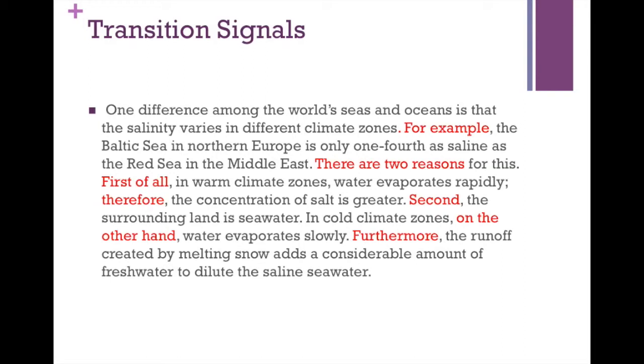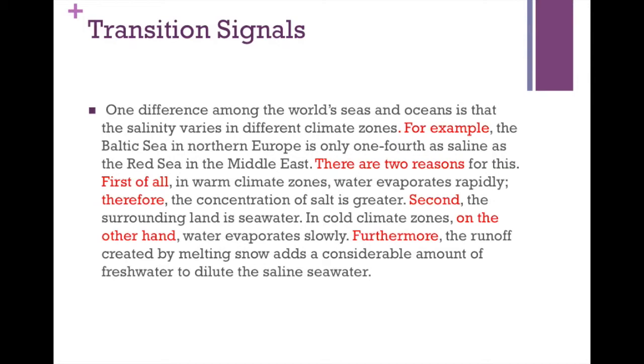In this paragraph, the author argues that salinity varies in different climate zones. This is the topic sentence of this paragraph, and then the author supports the sentence with an example. In order to help readers' understanding, the writer uses a transitional signal, for example. And then the author suggests two reasons for various salinity between the Baltic Sea in Europe and the Red Sea in the